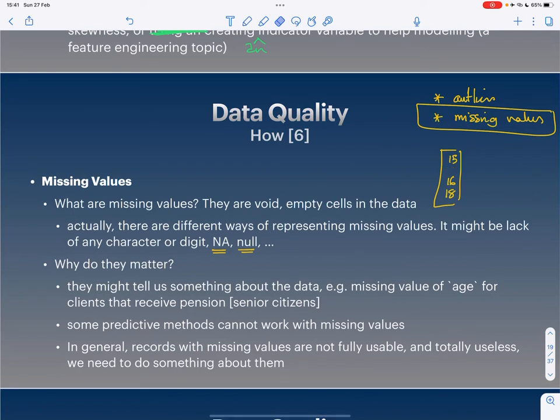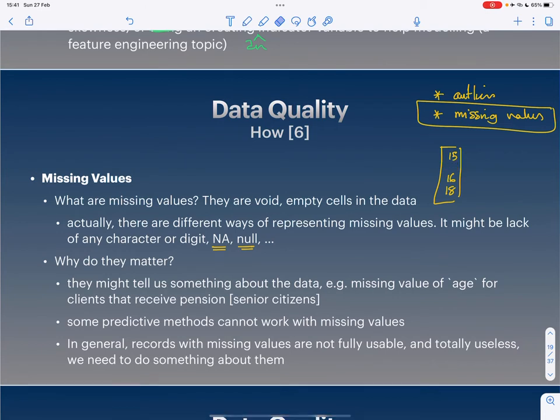Or it might be something like null here. Or it might be something that the data collector has decided to use as a missing value, like -99. Okay, so there are different conventions, but the best one and the most common one in the age of computerized digital data collection is just a blank